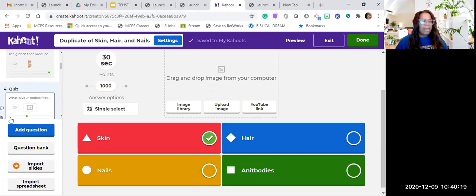You also see the time here. You also see down here, you can add some more questions just like normal. You can go to the question bank and do that. We did that earlier. So you still have those features, but remember, again, this is a premium feature that you don't have access to. But you can always click done here